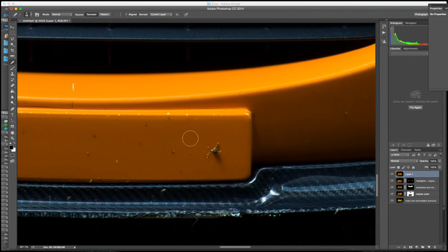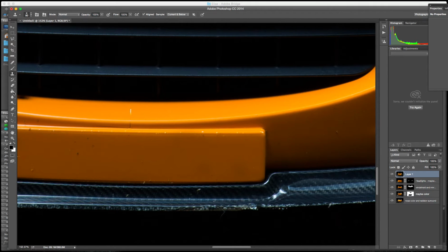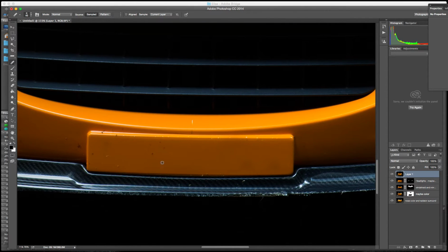So I won't spend too terribly long on it. I'll just kind of give you an idea of how it goes. And I always do kind of a rough editing of this, and then I like to grab my stamp tool once I have some cleaned up areas to blend colors. You can see I got like a highlight here, and we can blend that out with the stamp. I got a little bit too much of the lip down here, so we can blend that out. And this is, like I said, a very quick, rough and dirty job of this, but it just gives you